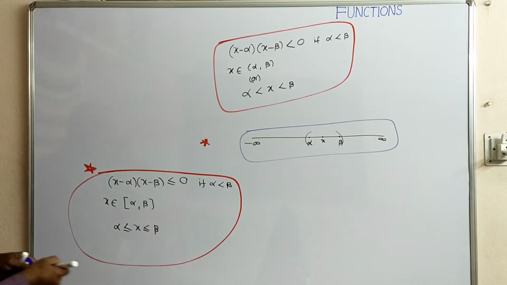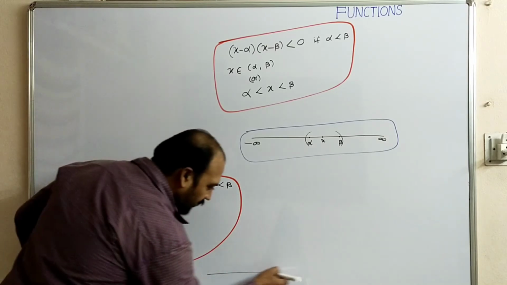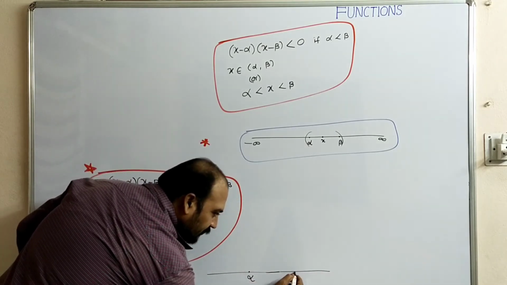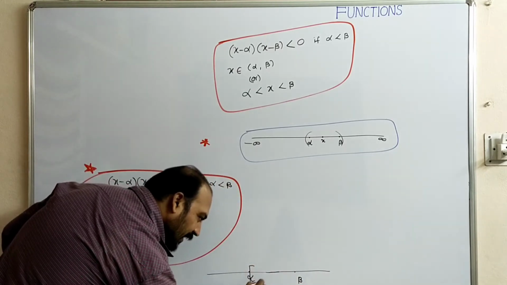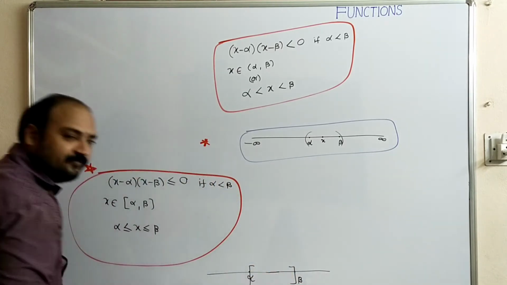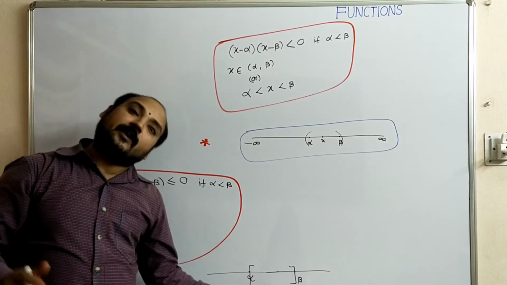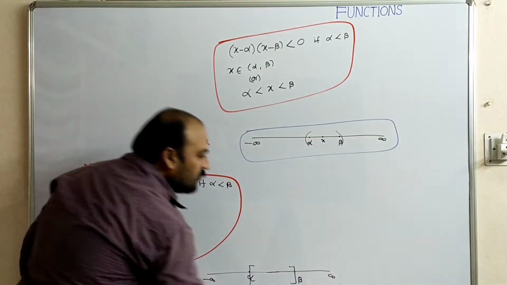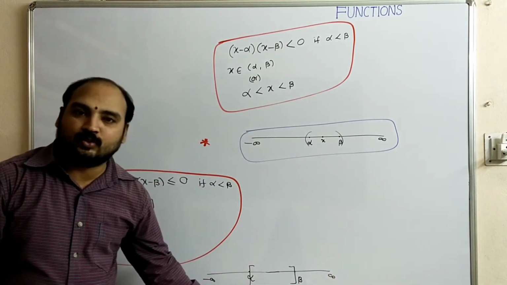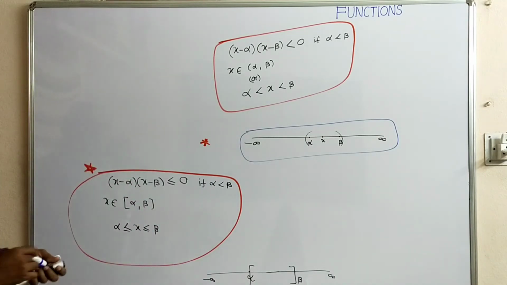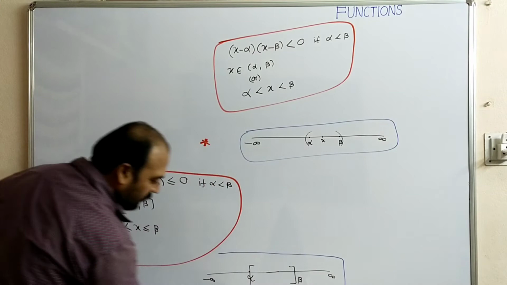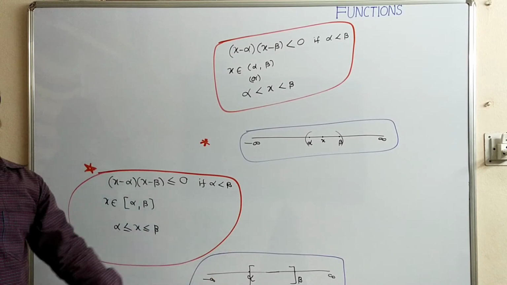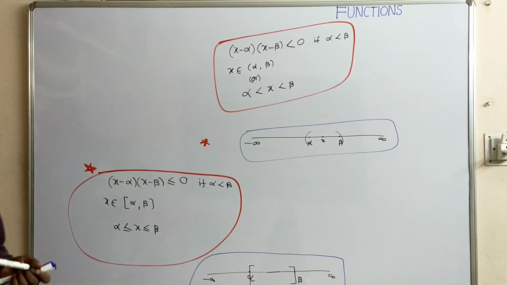So this can be drawn on the real number line. Here is alpha, here is beta. That means in the closed interval, x may be equal to alpha, may be equal to beta. The value of x lies between alpha and beta, including alpha and beta. Here it is minus infinity to plus infinity, and the value of x is between these two. You remember that, this is a real number line. For this type of functions, these four important properties you have to remember, and not only that one.